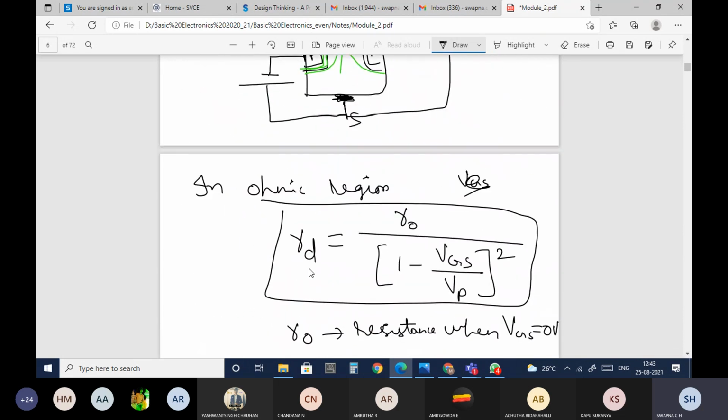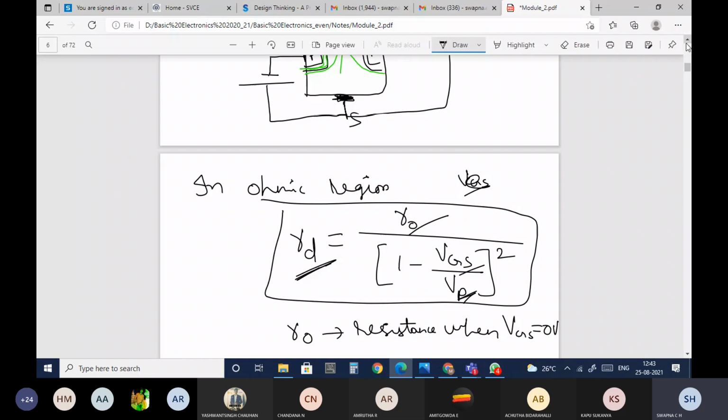Using this, you'll be able to find RD for different VGS values. They may give R0, VGS and VP, and ask you to find RD at that particular VGS value. So using this, you should be able to find out the drain resistance.